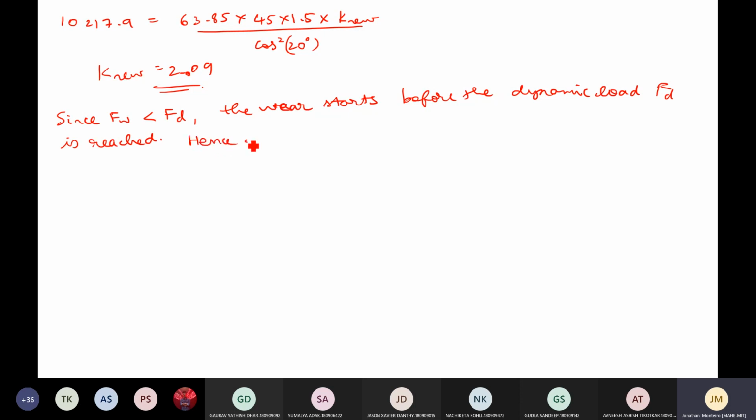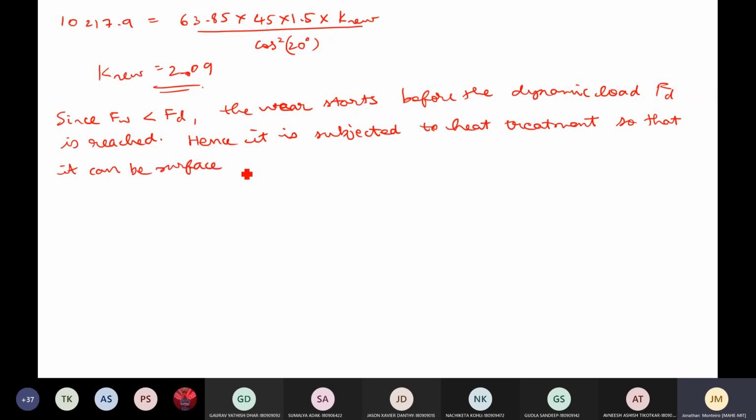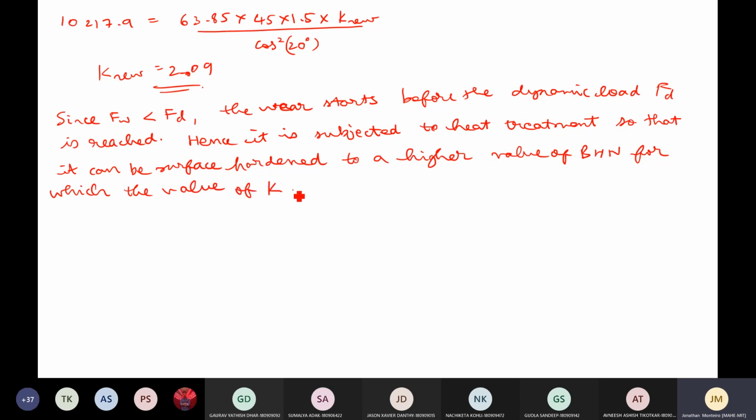Hence it is subjected to heat treatment so that it can be surface hardened to a higher value of BHN, for which the value of K is